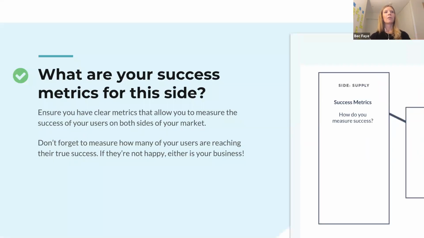But the next factor that you want to be considering on your side of the pillar is how do you actually measure success? This should encompass how your users measure success, and having metrics that dictate, yes, we know that 90% of people that have gone through our platform are super happy, they've met their true success, and we couldn't have given them a better experience. So actually having a real hard number around that. You'll also want to factor in how that is measured for you as a business as well.